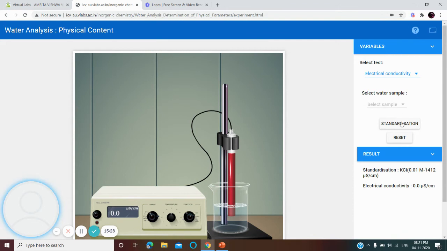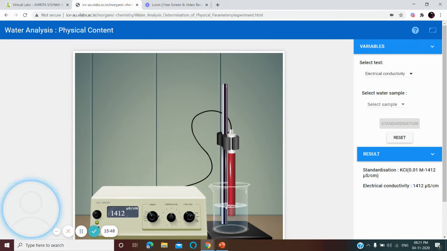And then here also you have to do standardization. For standardization, we are placing the KCl solution of 0.01 normality.